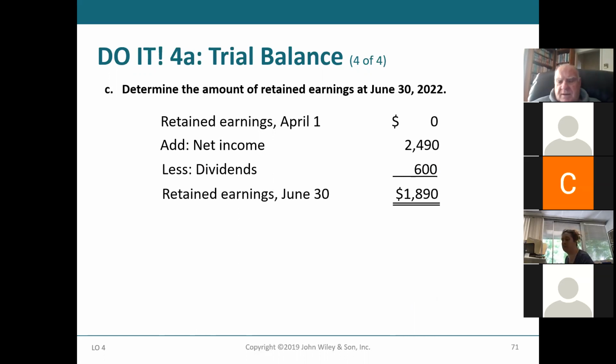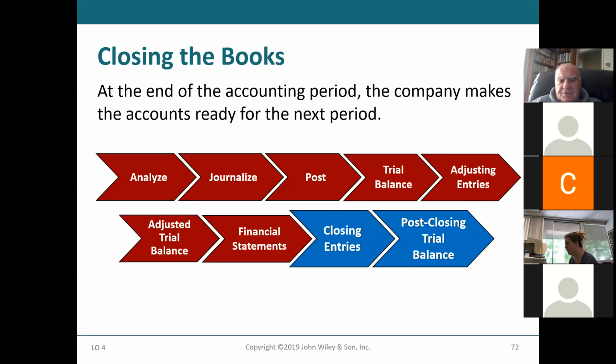It's simply the beginning balance plus income minus dividends. That's all there is to it. Beginning plus income minus dividends. Now that we have 1890 for retained earnings, we can do